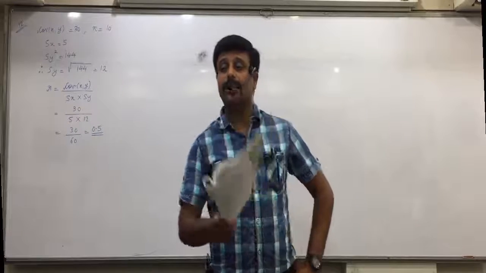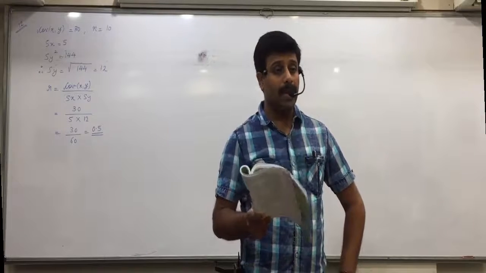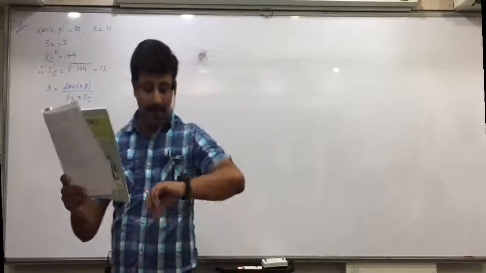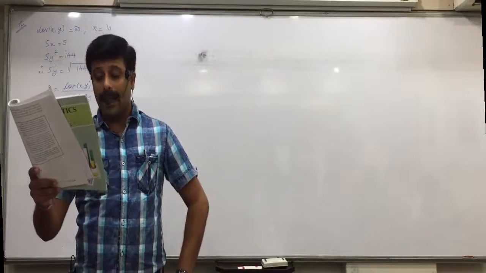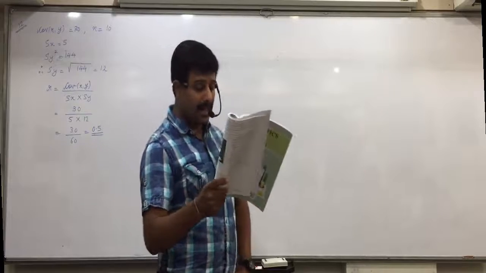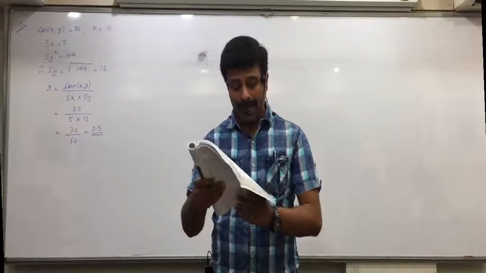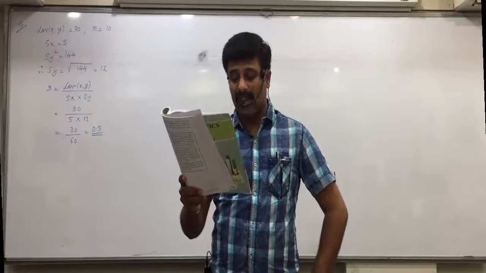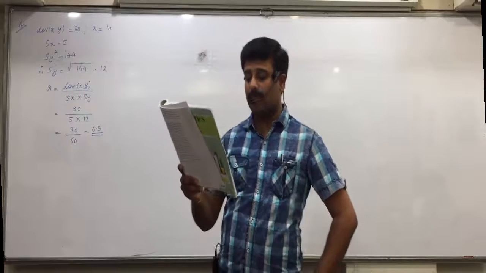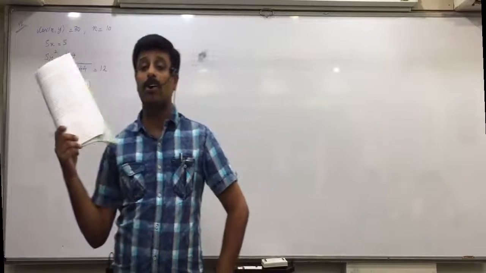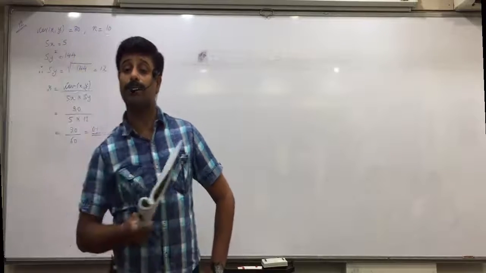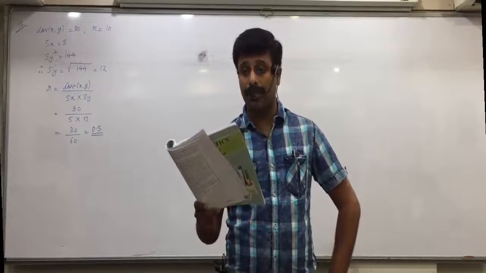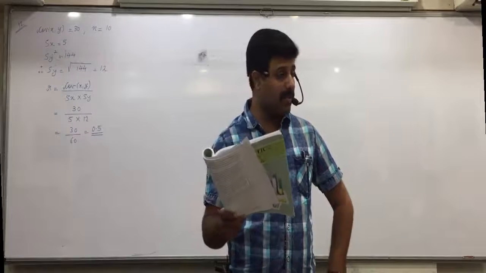The following data is obtained for two variables, inflation x and interest rate y. n is equal to 50, sigma x is equal to 500, sigma y is equal to 300, sigma x square 5450, sigma y square 2000, sigma xy 3090. Disha, which formula will we use? The fourth formula will be used. All of you are clear with it. As per the information given, we will use the fourth formula.